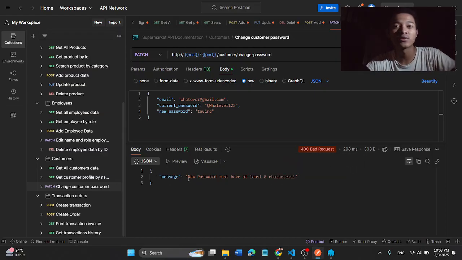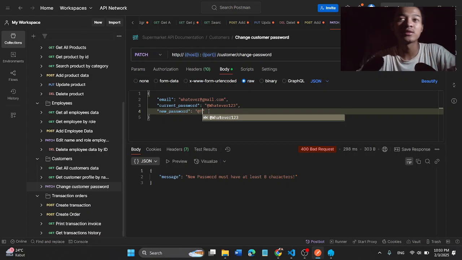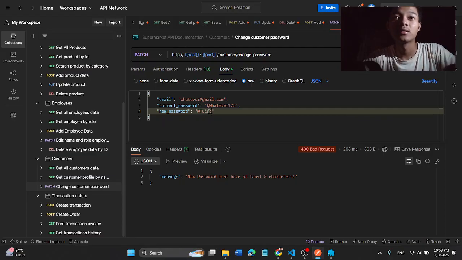The message shows the new password must have at least 8 characters, so it needs to meet the pattern that we have specified in the program. So we need the symbol. Let's just use @, and the new password must consist of lowercase and also uppercase.